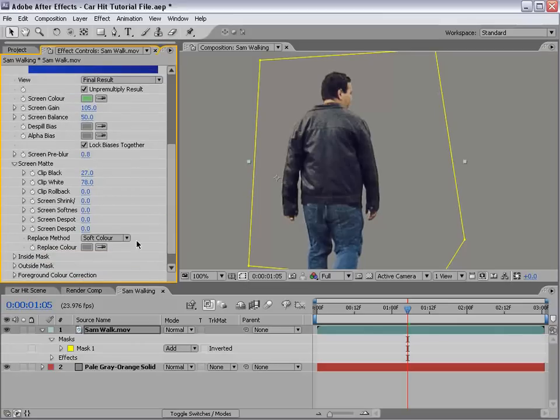Change the replace method to hard color, and that's just going to change the way the edges are blended together, because the source, you'll see a little bit of green spill around the edges, but the hard color sort of mixes this gray together and creates a nice tone to the edges. I'm also going to change the shrink amount to negative 0.25, and that just kind of shrinks the edges